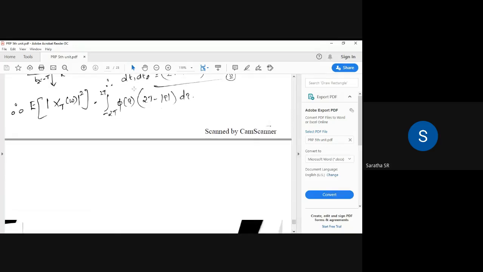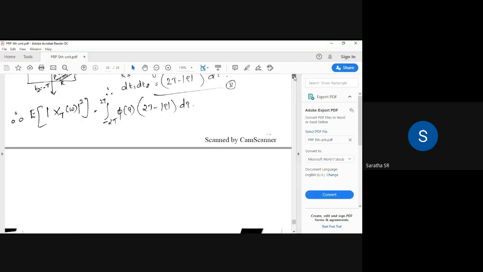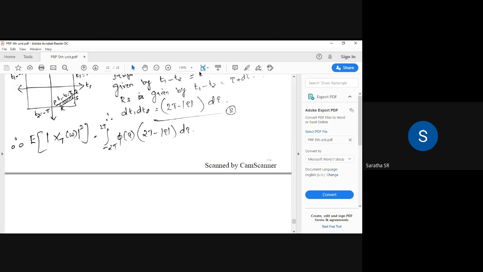So we are converting the two variables into one variable, because t1 and t2 are both based on the time difference only, which we take as tau. In this step we combine t1 and t2 into tau. The same way here also: pi of t1 minus t2 can be written as pi of tau. Then dt1 dt2 can be written as 2T minus modulus tau d tau. We can write this value. Then we had two integrations, which now convert into one integration. So we combine that integral also, and we get minus 2T to plus 2T.